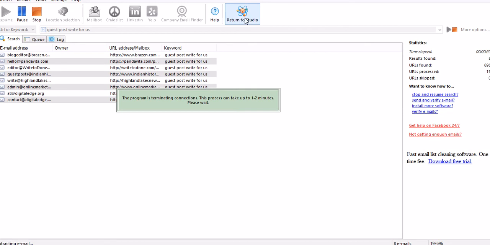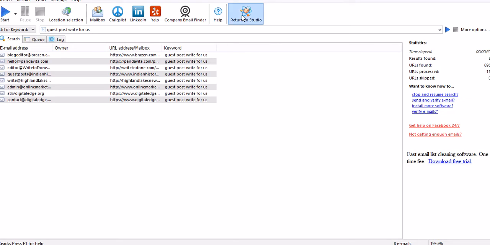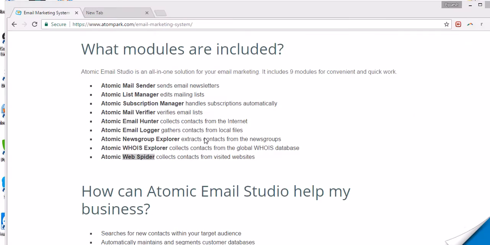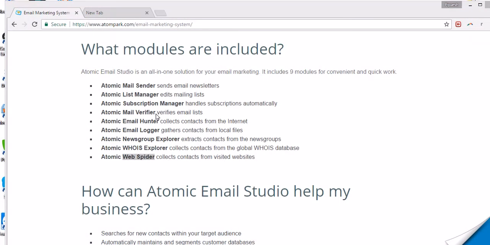To go to the main dashboard, you have to click on return to studio. It's stopping. I'm still waiting. Once you return to this, you'll be able to find all the results. Right now it has not extracted those emails, but when you are registered on the software, it will extract all the 8 emails. Similarly, you can click here, files, and then you can import